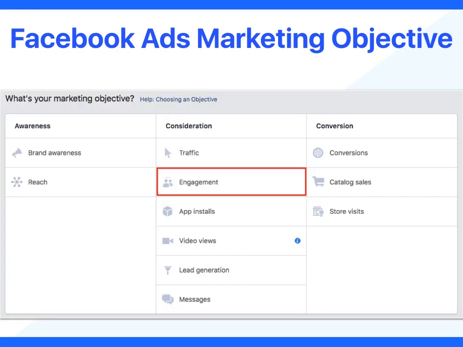First, you need to navigate to your Facebook Ads Manager page at facebook.com/ads/manager. Now once you're there, select the green Create Ad button that you'll see on your top right side of your account, and once you click on the button, you'll be taken to this page where Facebook will ask you what's your marketing objective. And I want you to select engagement as your objective today, because we want to spark more engagement, more comments